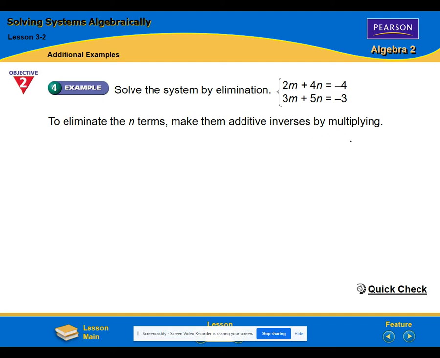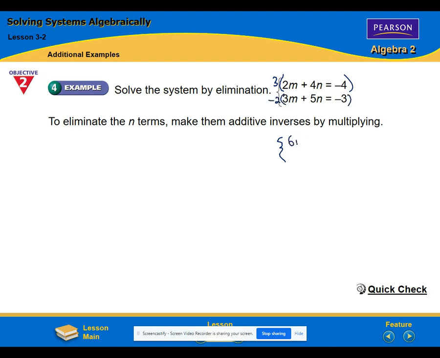And while that statement is true, that equation is true, it's not helpful. We haven't eliminated a variable. Now we just have another two variable equation. So we want to do something to these two equations, one or both. In this case, it's going to be both, so that we can have the same number top over bottom, but different by a sign. One of them is positive, one of them is negative. So for example, if I multiply this top equation through by 3 and this bottom equation through by negative 2,